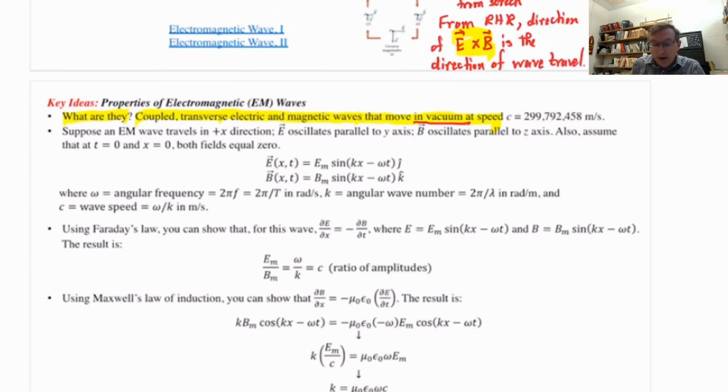And the very well-known speed at which these electromagnetic waves travel, measured even before the time of Maxwell, although not with the level of precision you see here, is given with this famous symbol, little c. That is the very well-known symbol for the speed of an electromagnetic wave in vacuum. And the number has been measured now so precisely that the speed of light is defined to be the following number: